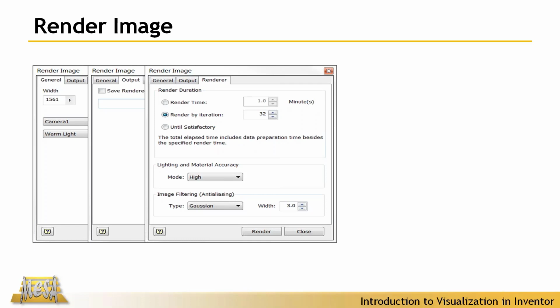It's going to start off with a number of iterations, and it'll go through one at a time, trying to pass through and kind of clean things up. If I tell it a time, it will just say, okay, I'm going to do as many passes as I can in the 1 or 2 minutes, whatever amount of time you give it. Render by iterations, it will say, okay, I have a maximum number of iterations I'm allowed to go to. Realistically, with the until satisfactory, what would happen is it would just start and keep going and going and going